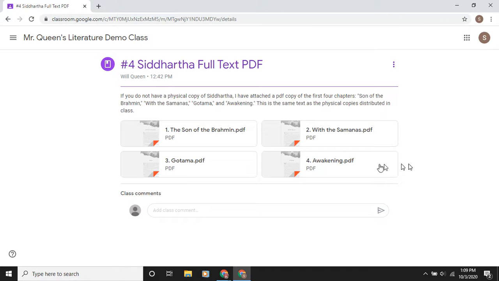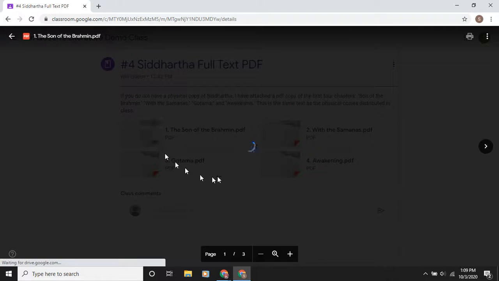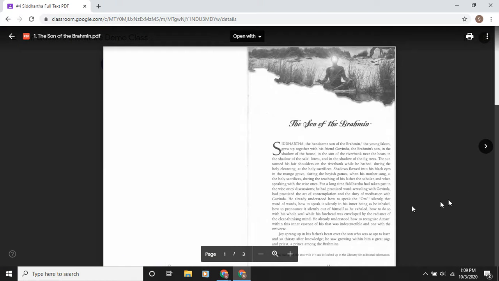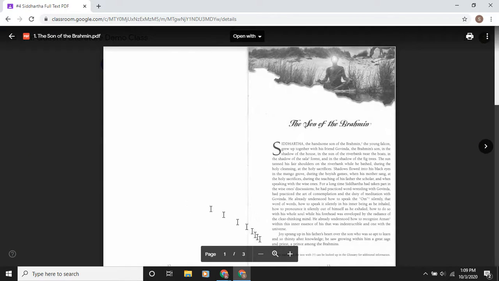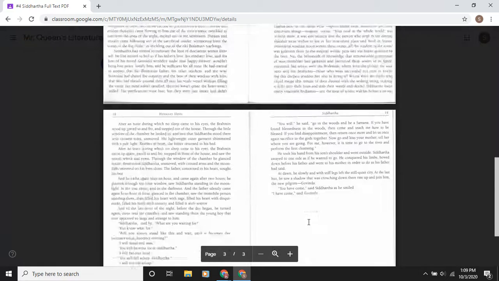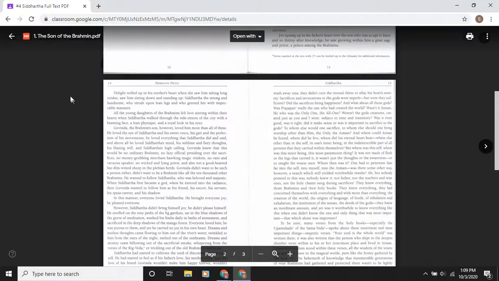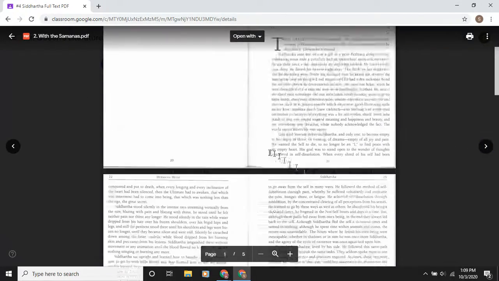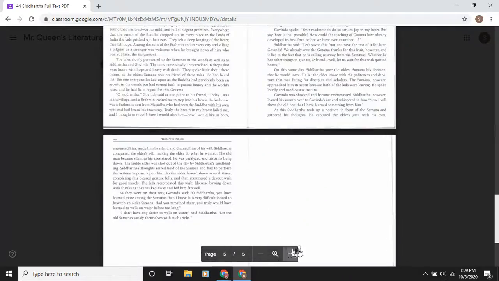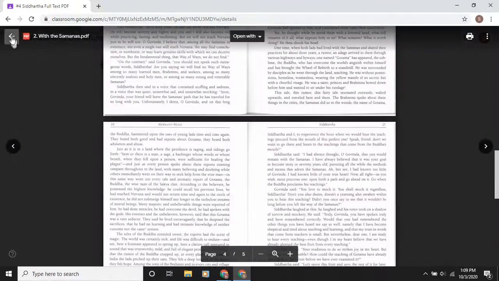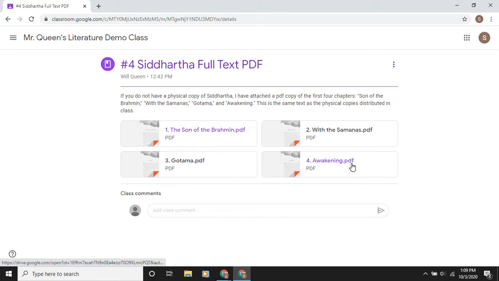However, it's a very short book, so I just went ahead and scanned the actual pages from the book. So this is the actual text that we are using. They are very short. That was not one chapter, so they're very short. This first text is, as you can see, 5 pages long, not even a full 5 pages. The next one is 8 pages, and so forth and so on. There are 4 of them total, one for each chapter.